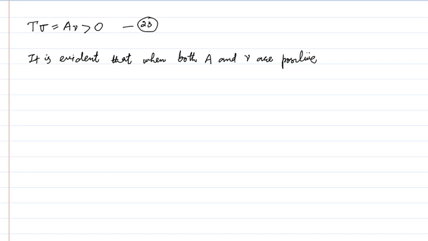So, from this equation, it is evident that when both A here, which is affinity, and ν, rate of reaction, are positive, if this is also positive and ν is also positive,